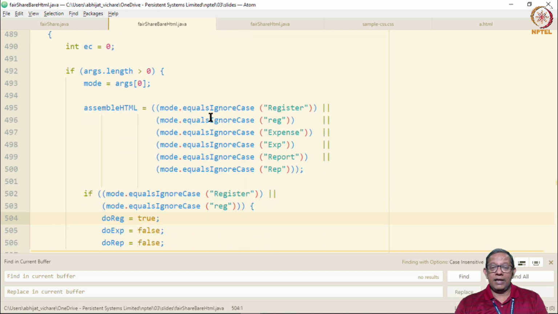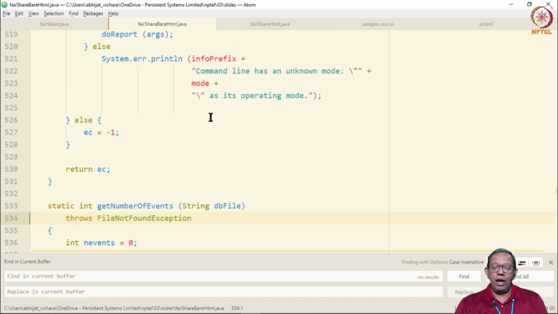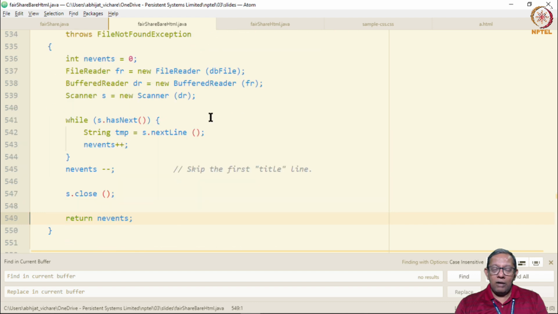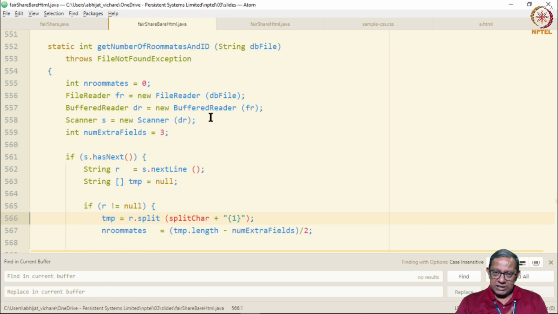Recall again that our program first does a setup, then processes the command line, and during that executes all the processing required for the FairShare application, and finally assembles a complete HTML page with all the 3 commands every time.